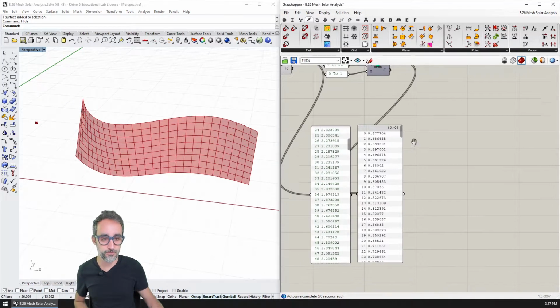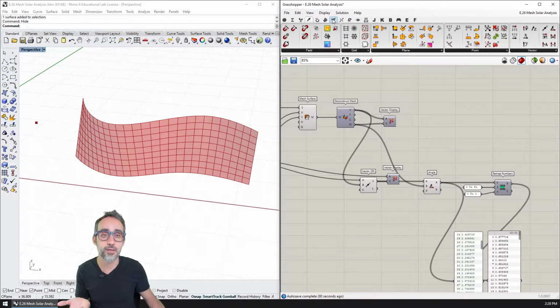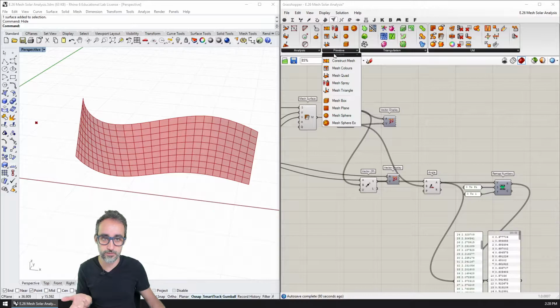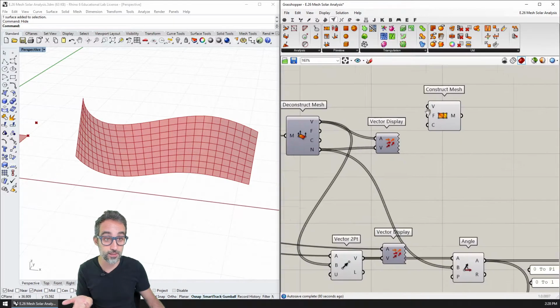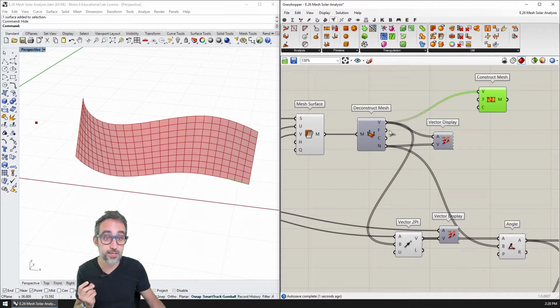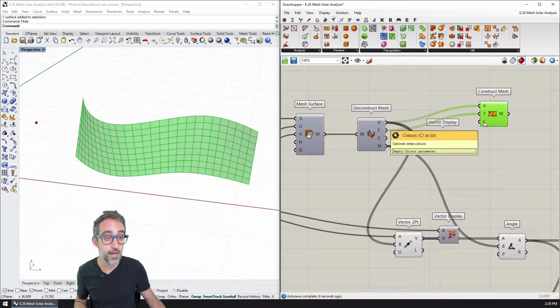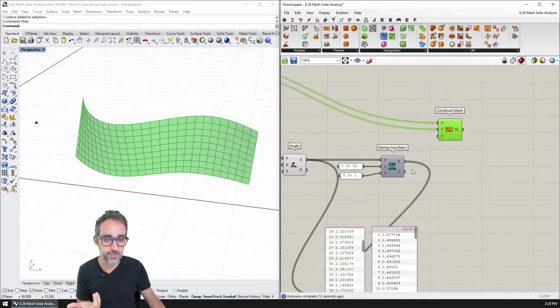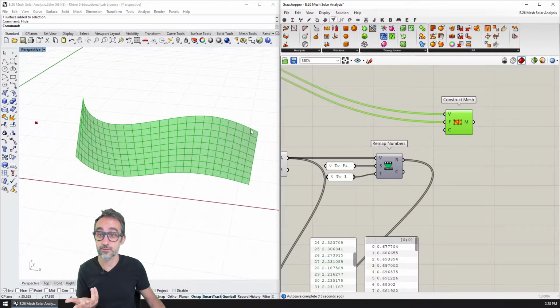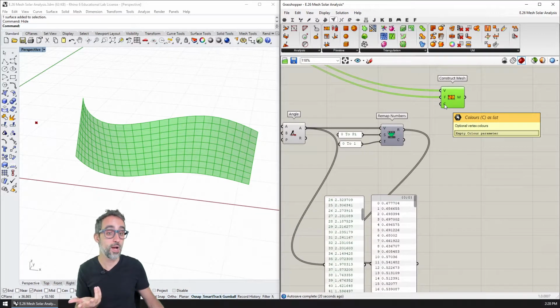So the way this will work eventually is by going to meshes, going to primitives, and creating a new mesh, so constructing a new mesh that is going to take the same vertices as the original mesh, is going to take the same faces, and you can see that I already have a mesh on top of here, but I need to give it optional vertex colors. So I need to give it colors that represent this incidence of the sun. And once I give it colors, they will show up here. The problem is we have not seen colors yet. So how are we going to do that?